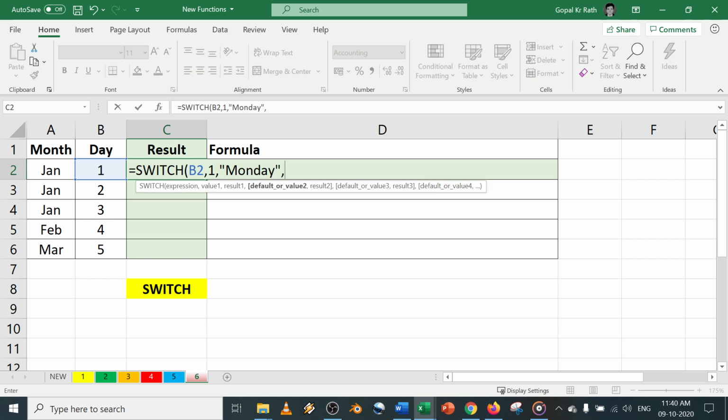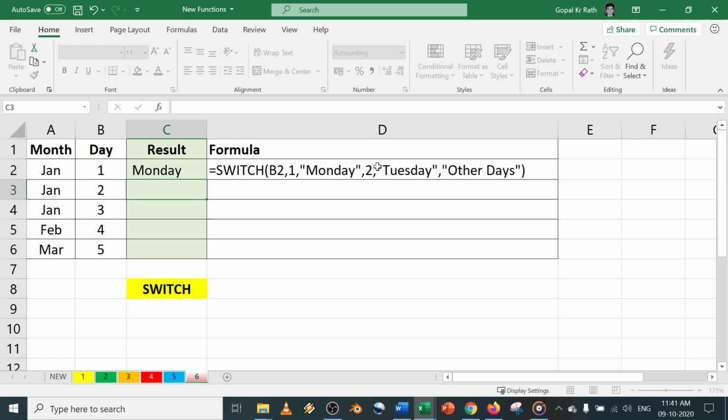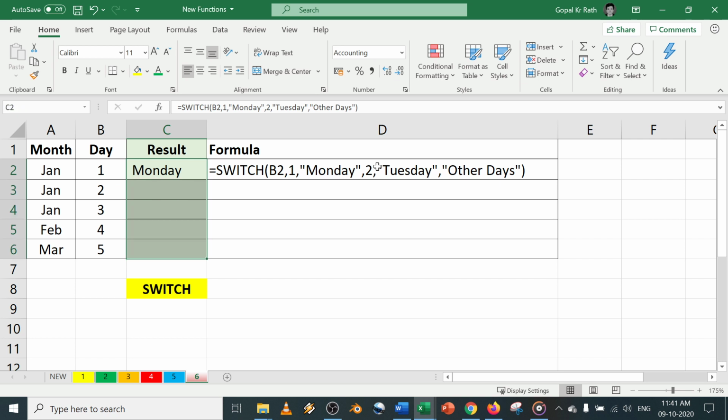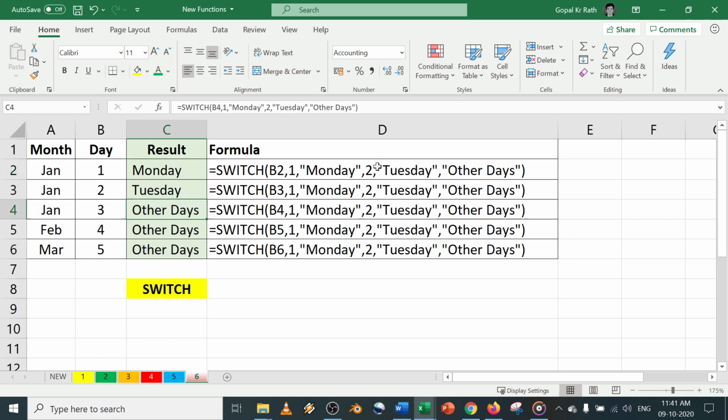Next, if it is 2, you can consider it as Tuesday. You have to give it with a comma. Okay, all other days you want as other days. So now it will be easy for you to calculate and identify which days are other days.